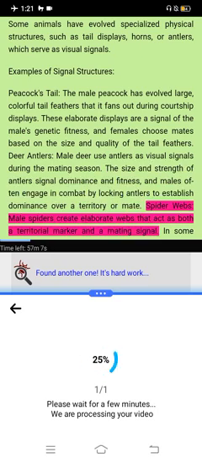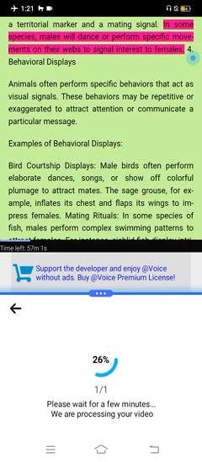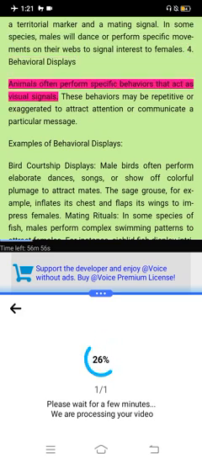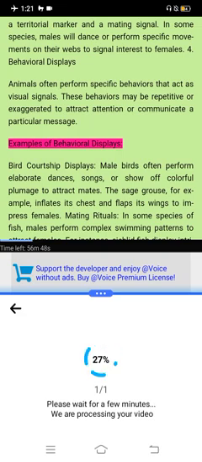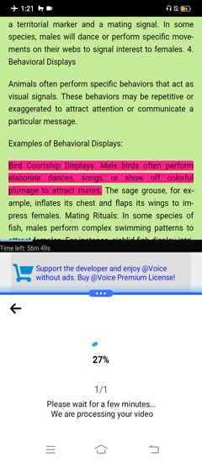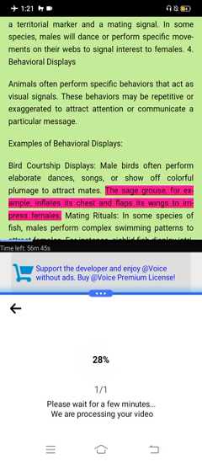Spider webs. Male spiders create elaborate webs that act as both a territorial marker and a mating signal. In some species, males will dance or perform specific movements on their webs to signal interest to females. 4. Behavioral displays. Animals often perform specific behaviors that act as visual signals. These behaviors may be repetitive or exaggerated to attract attention or communicate a particular message. Examples of behavioral displays. Bird courtship displays. Male birds often perform elaborate dances, songs, or show off colorful plumage to attract mates. The sage grouse, for example, inflates its